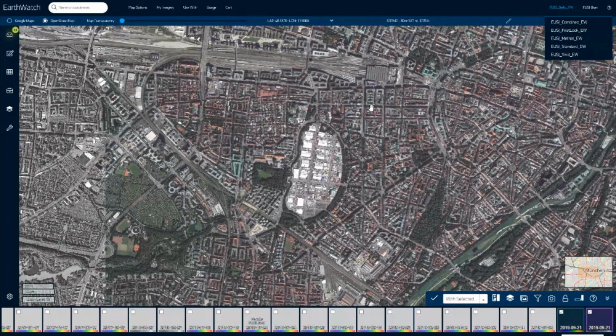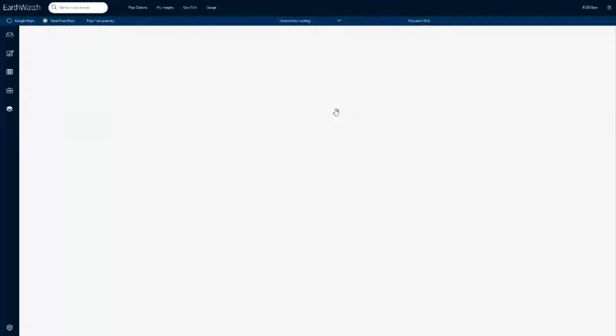There are 2 really nice mosaic layers available in EarthWatch. Those are called Vivid and Metro. Let's have a look at Metro, or no, we just have a look at Vivid first. And have a look at another location.